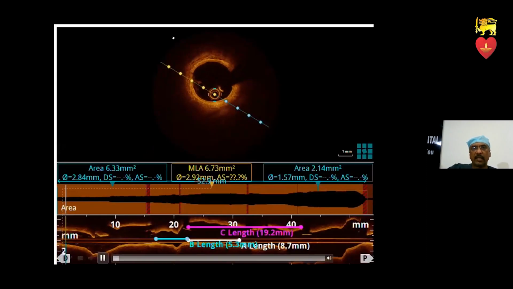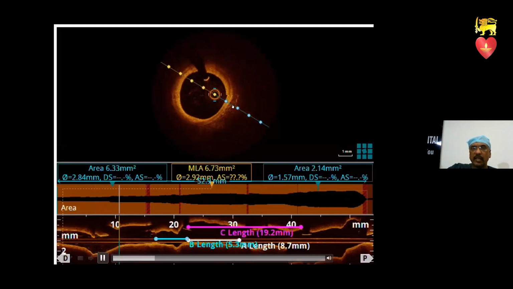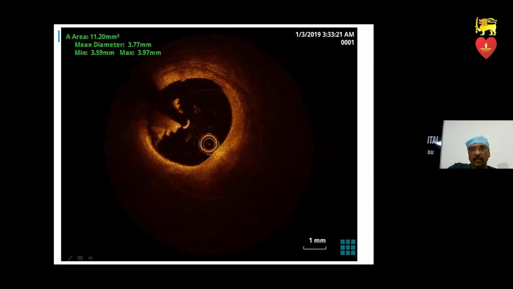And this is the IVUS image. If you look at the IVUS image, you clearly see this looks like a normal vessel, as you come from distal to proximal. As you reach this segment, you see there's a plaque erosion and some red thrombus. So this is red thrombus. You don't see well behind it, and there are areas of plaque erosion.